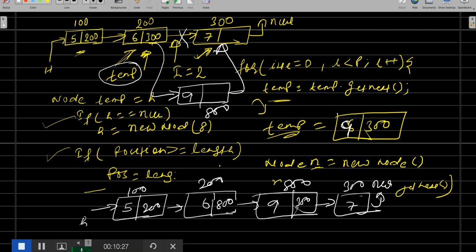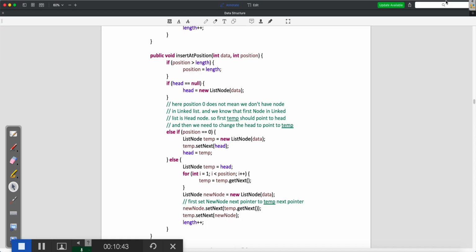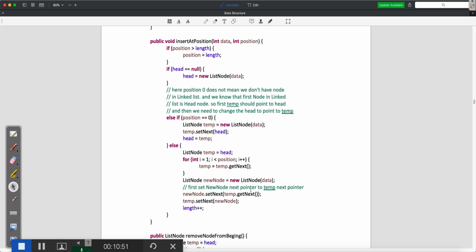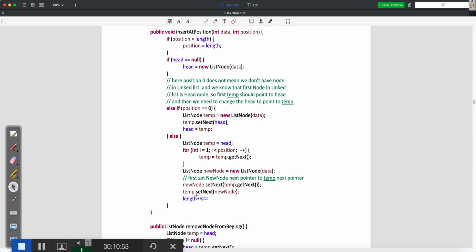So I hope that concept-wise you guys are clear, because I made it very simple. I'll share the source code also, but my suggestion is you write your own code. Do the practice, and then if you get a doubt, only then refer to my code, because the code is here. You can see that all checks and balances have been done here. The same I tried here, if you try to see that, right?